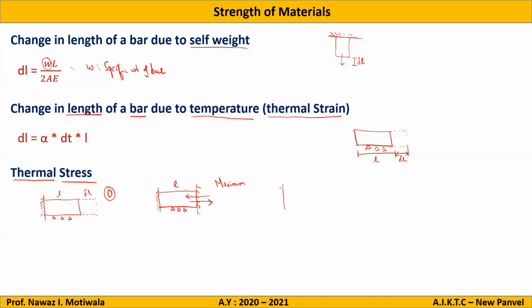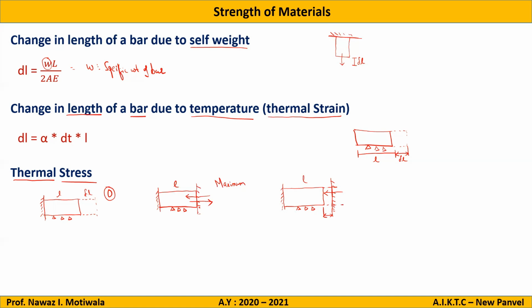Now let us come to the third case. Let us say again I take the same bar of length L, again heating up to the same temperature, but now I am placing this support at some distance. What will happen? Because of the heat, it will try to expand. Till this part it will expand freely. That means till this part no thermal stress is acting. But as soon as it touches this support, there will be a resisting force. So because of this resisting force, thermal stress will come.